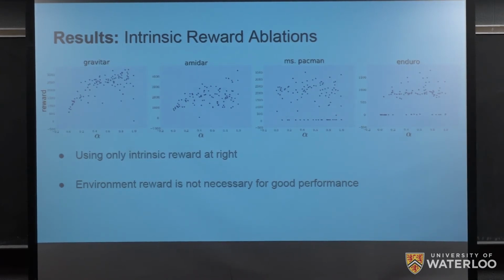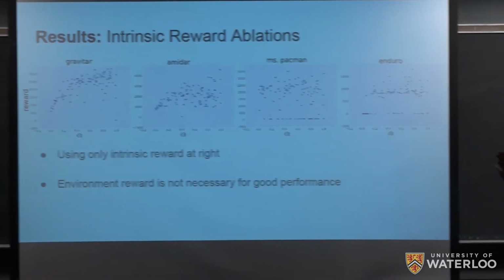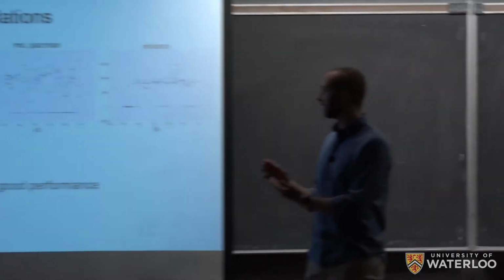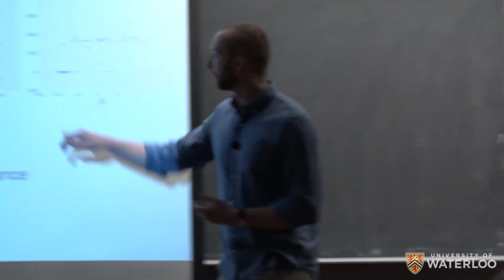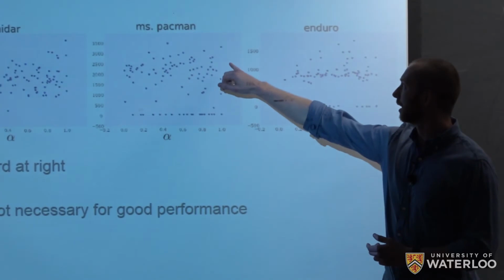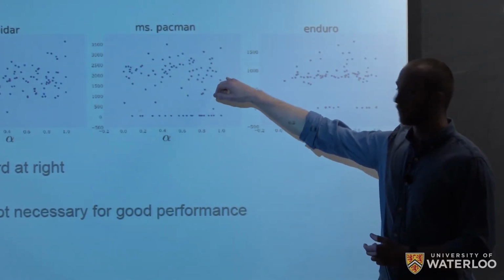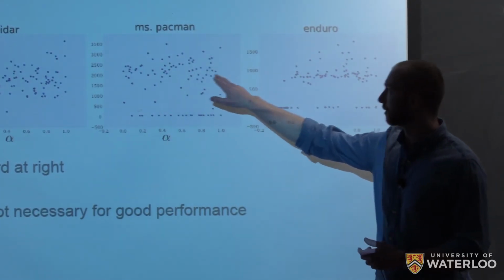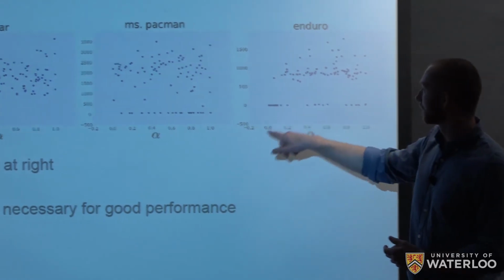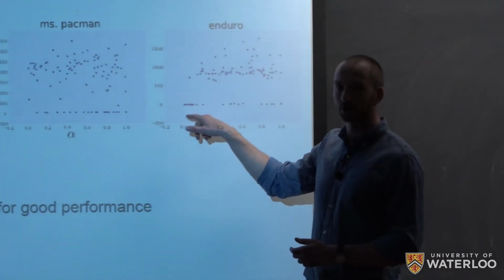And then here we have intrinsic reward ablations. So what this is proving is that the intrinsic reward is actually useful. The idea was they took the weighting they used for the intrinsic reward, and varied this. So if we see here on the rightmost, we see that with full intrinsic reward, agents still perform quite well. They perform consistently quite a bit worse with no intrinsic reward.